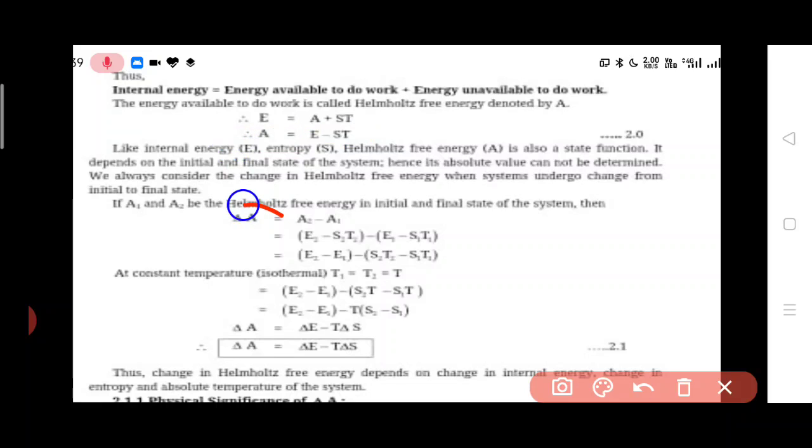If we want to calculate the change in Helmholtz free energy, you have to calculate Helmholtz free energy in the final state and in the initial state. Helmholtz free energy in the final state can be written as A2 = E2 minus S2T2. This term came from E minus ST. Now, the value of A1 will be E1 minus S1T1. The same terms will be taken in one bracket and the others in another bracket. So E2 minus E1 can be written as delta E,